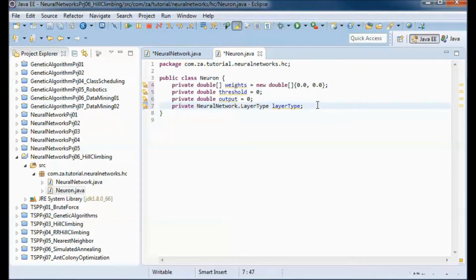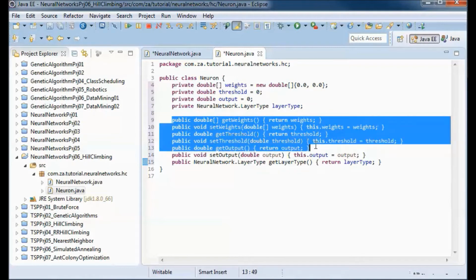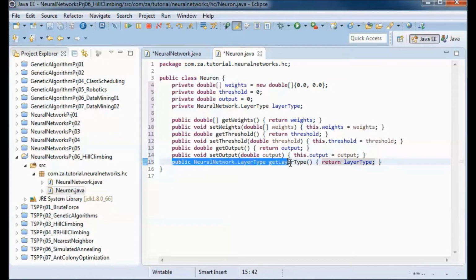And we will have get and set methods for the weight, the threshold, and the output, and a get method for the layer type.